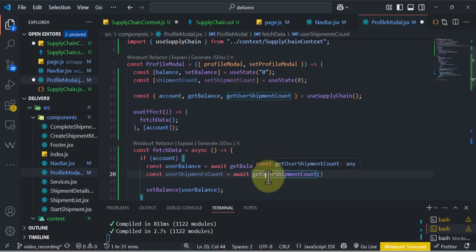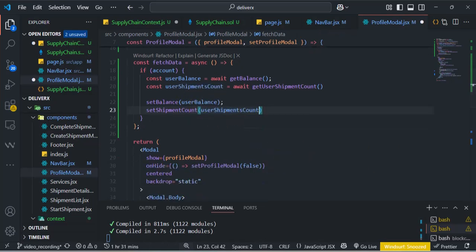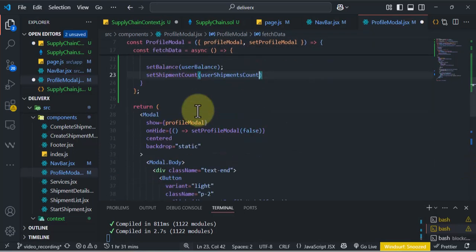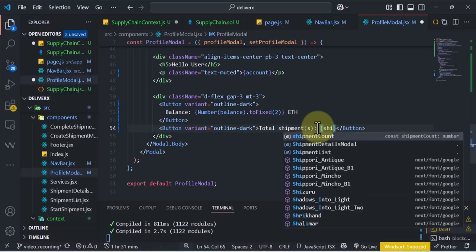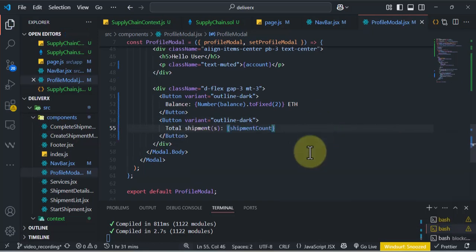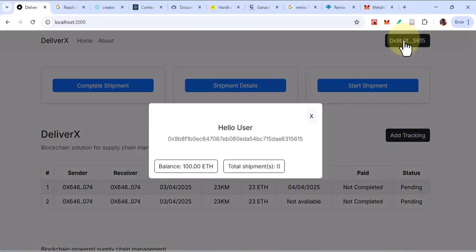Once we have been able to do that, we also set the user shipment count. Then we come right into it to update our user interface, so that instead of saying total shipment is 10 by default, we want to set the value to shipment count. If you are able to do that, then if you click on it, you see total shipment is currently